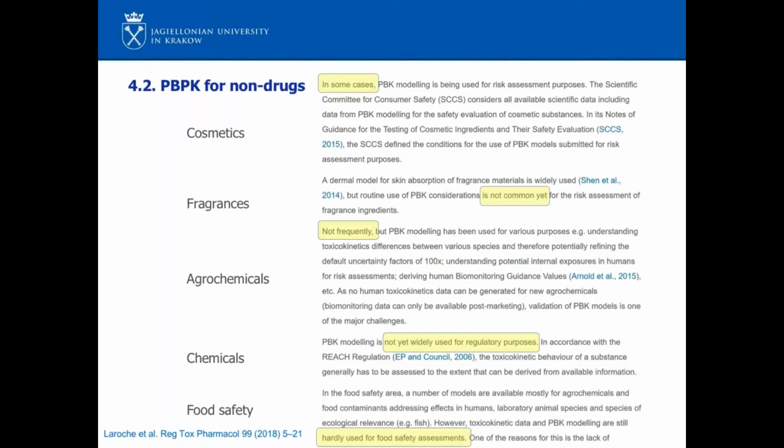There are other sectors apart from the pharma industry where PBPK models are already used, but as you can see, they are rarely used for regulatory purposes. And it's all about, as mentioned by Matthias, the confidence in the model's predictions. This is the same case as with the drugs. When we model a risk for a chemical, the implementation and the results of the analysis of PK modeling may